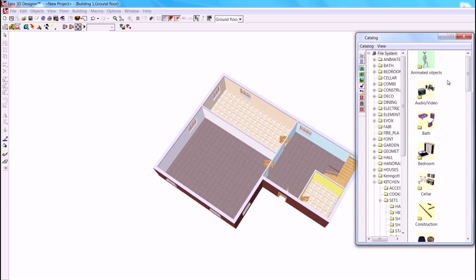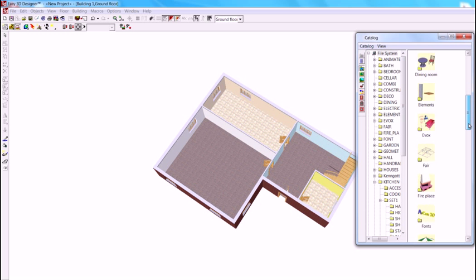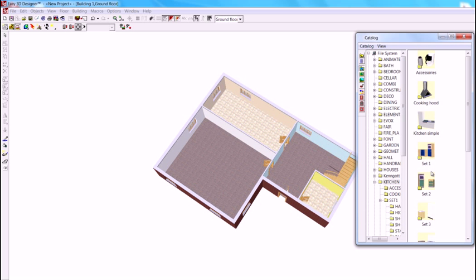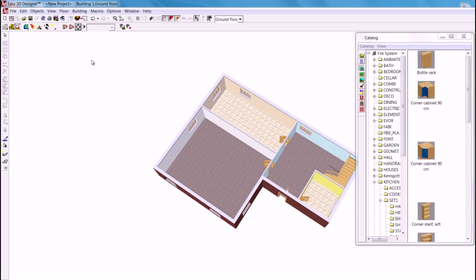Now I go to the catalogue and select Object from the left-hand side. I'll scroll down to K and double-click on the Kitchen folder. Then I select a kitchen set. I will use Set 1. Short cabinets. To add furniture, you just need to click on the item you want and drag it onto the